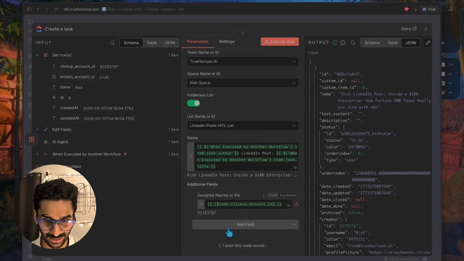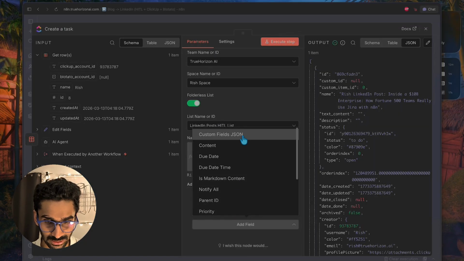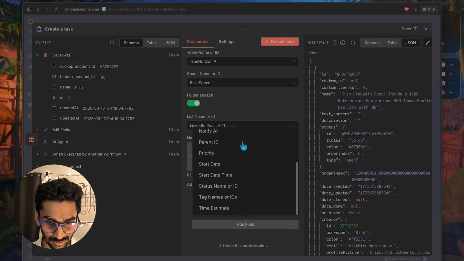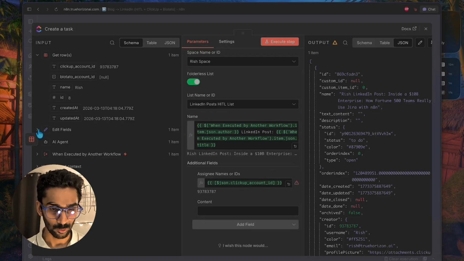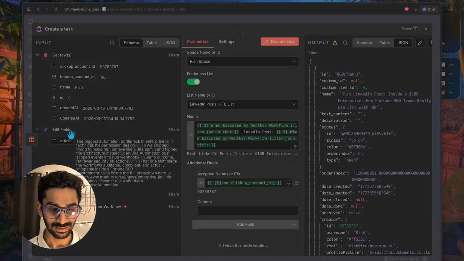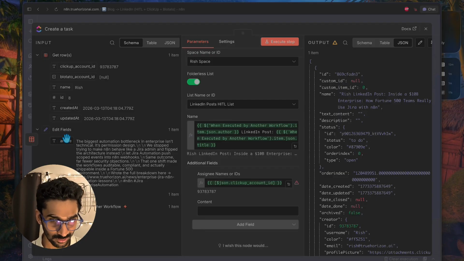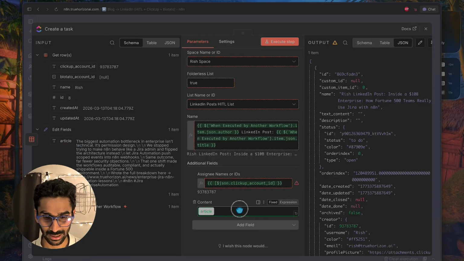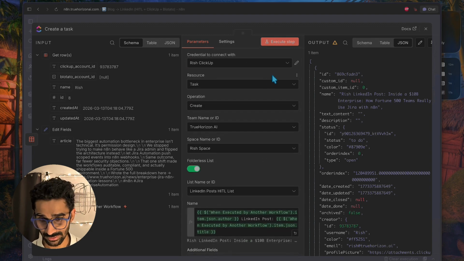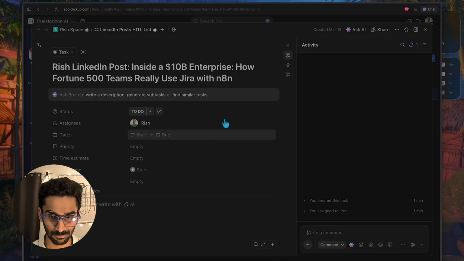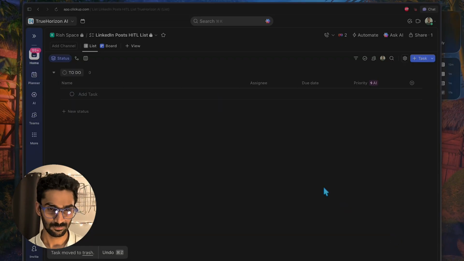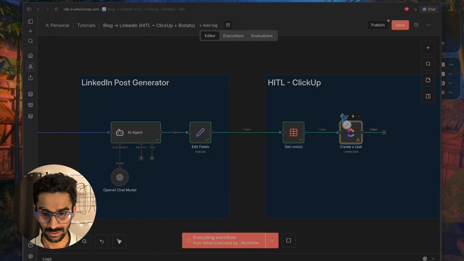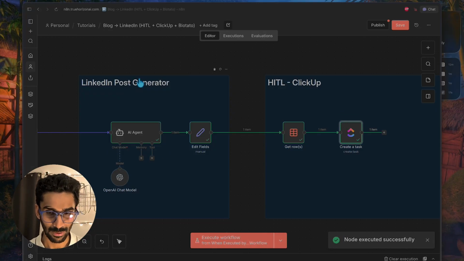As we come back here, we can add another field, and then we can select, I believe it's content. So let's hit content, and here we're going to go back to where we set our variable of the article. I'm going to drag that and put that here. And if I run this again, it would create another task. So before I do that, let me delete this one. And now when I run this and we head back,